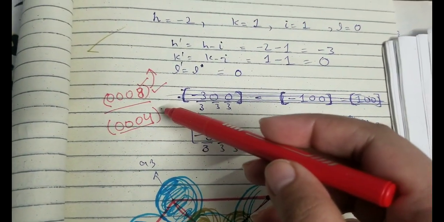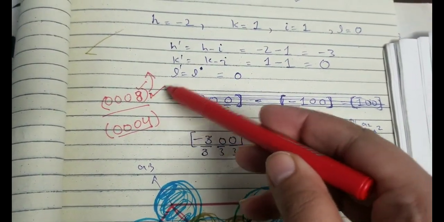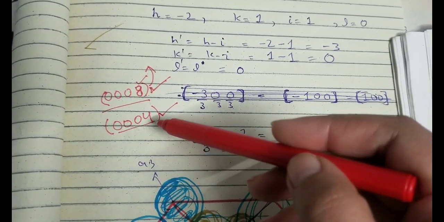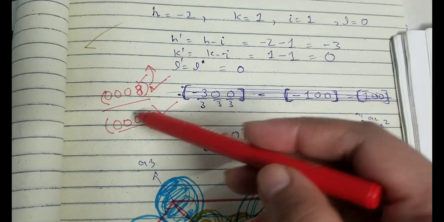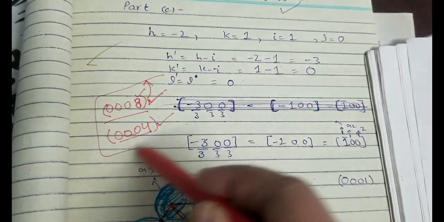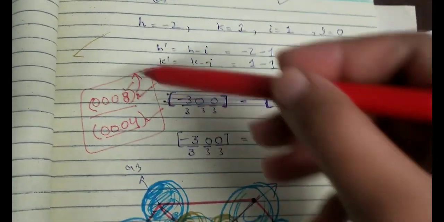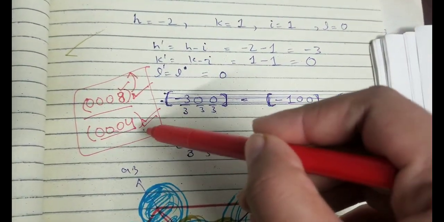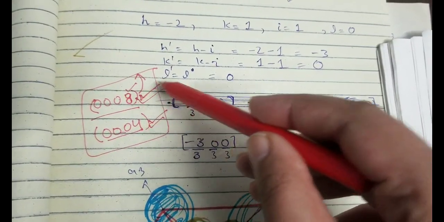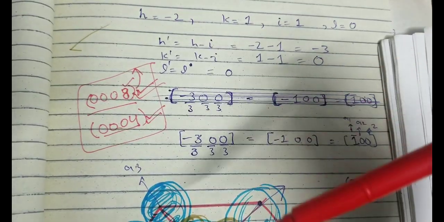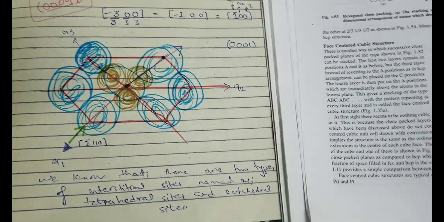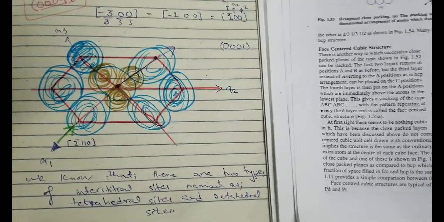The plane where the tetrahedral atoms are located is 0008, while the family of planes where the octahedral atoms are located is 0004, okay. And in HCP structure, there are two planes where octahedral sites are located and four planes where the tetrahedral sites are located, okay. So this is a later thing, it's not needed right now. Now let us draw the